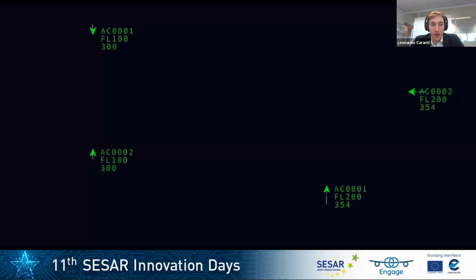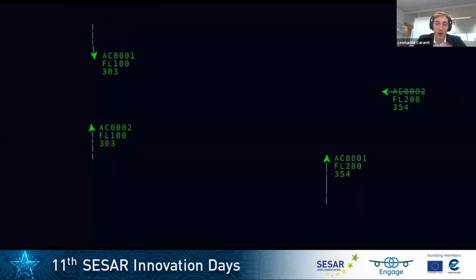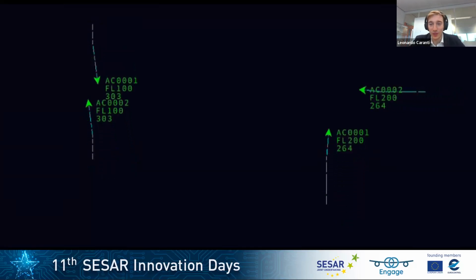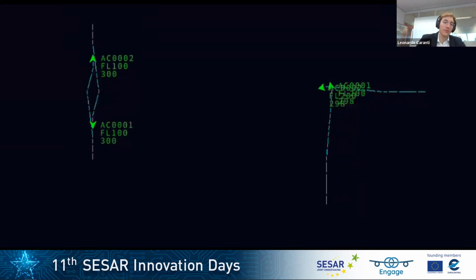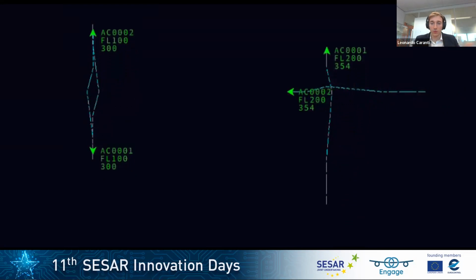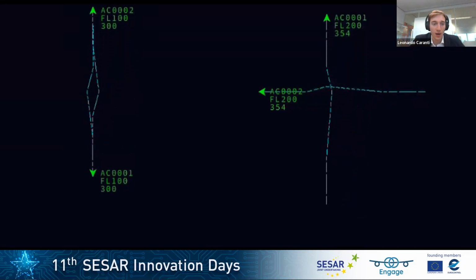Here you can see, or at least I hope you can see, how the modified voltage potential works. And as you can see, the aircraft do divert their paths in such a way as to avoid incoming aircraft, but not in a drastic way.